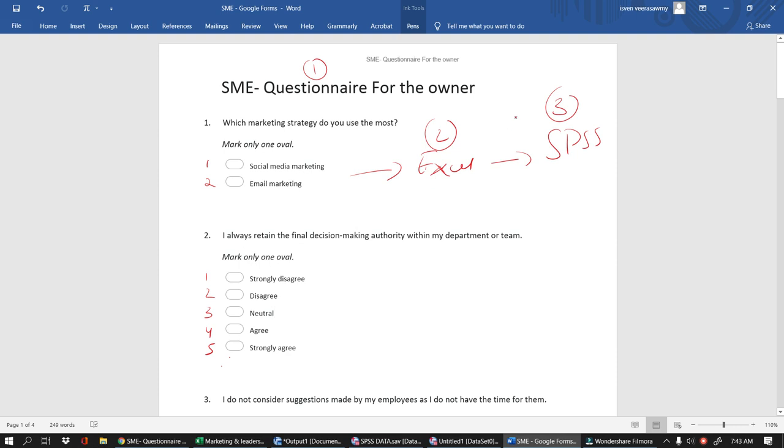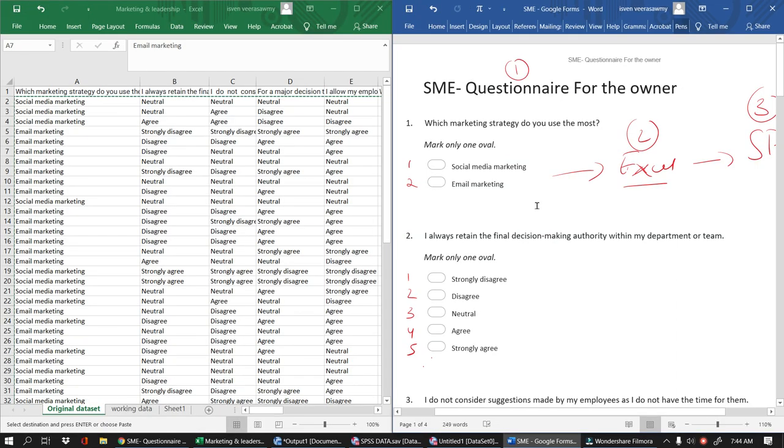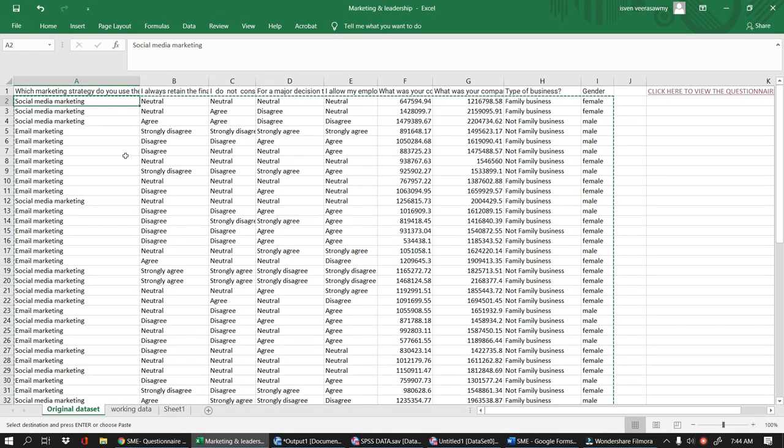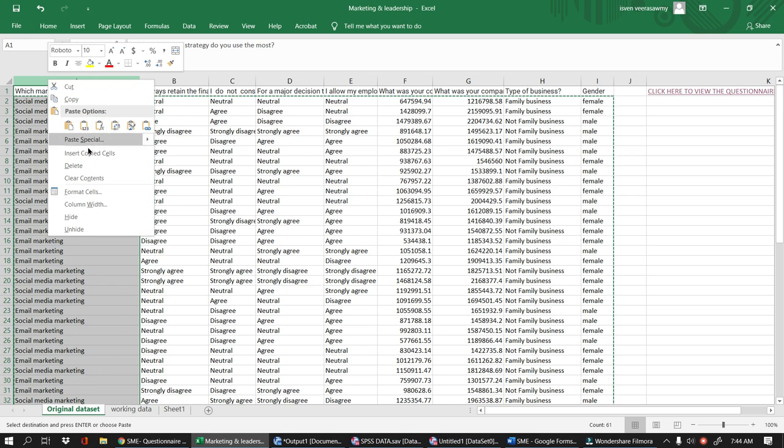So now let's move to our Excel dataset, because it is step 2. Now, here you just need to transfer this coding over here in the categories. So you have to replace social media marketing by 1 in your Excel file. But first, it is super important that you proceed in a way such that you do not work directly with your original dataset. The only thing that you need to do with your original dataset is to insert over here,